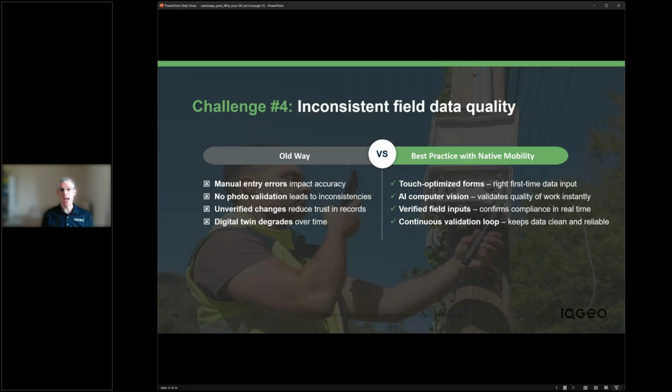But I think a key area that we're seeing increasing prominence and capability within the market is using AI-powered computer vision solutions to validate the quality of the work that's being done. And Vincent mentioned IQGeo and Deepomatic earlier in the presentation, and we're in the middle of an acquisition process with Deepomatic to bring that capability into our environment, but it's also available independently from the rest of our portfolio.